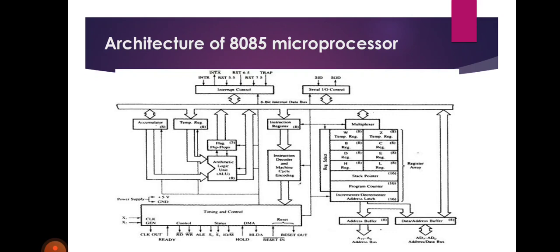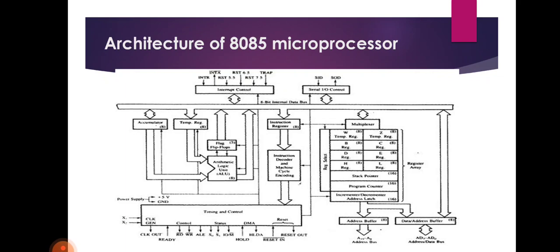AD0 to AD7 acts as the address and data bus, which is all connected to the serial section. In the 8085 processor, serial data communication will come into the input and it is converted into parallel, and after conversion it can be processed. There is one SID and SOD. SID is serial input data. SOD is serial output data. Data can be sent through the serial output and it is also received through the serial input.